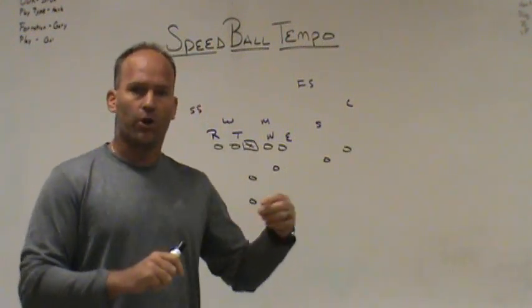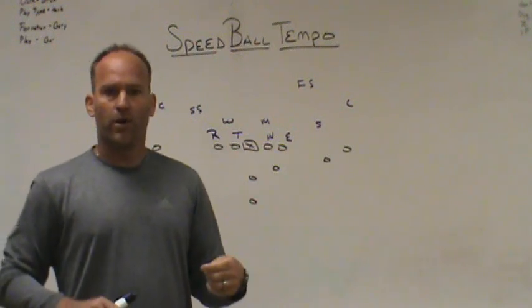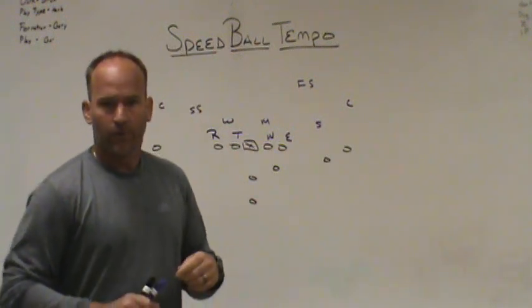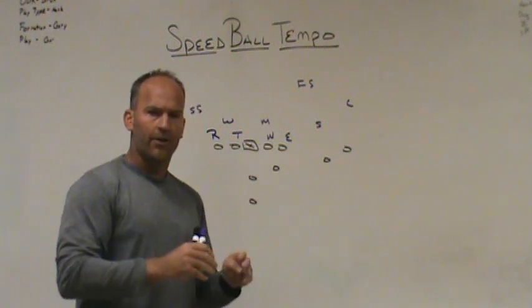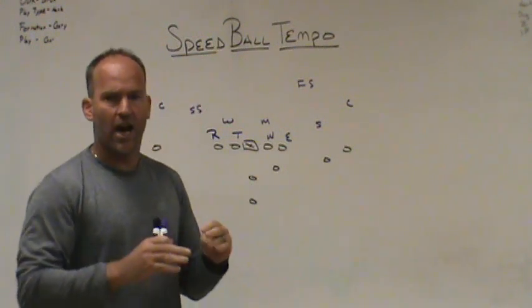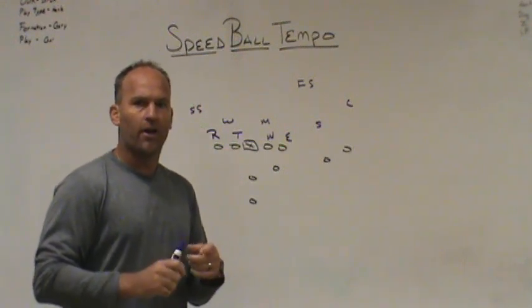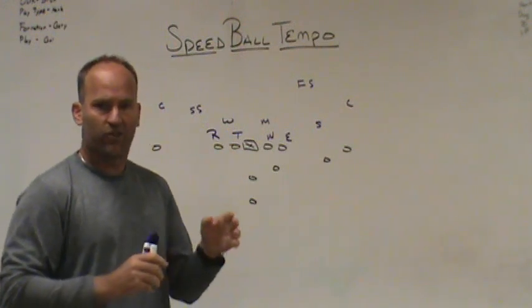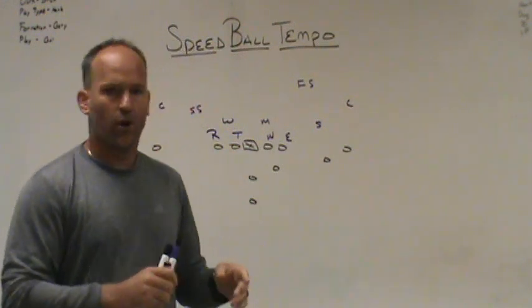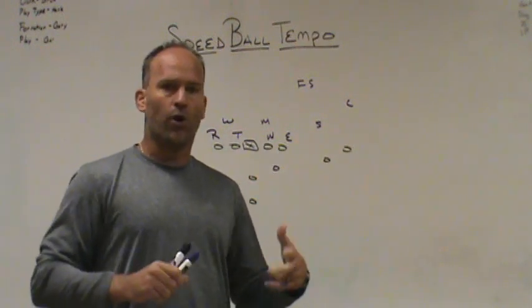Okay? You could run trap every play until you decide to kill it. You could run buck sweep every play until you decide to kill it. Okay? But the problem with that is, if that's the only play that you have called, and that's the only design you have, without having to check at the line of scrimmage, you're really not going to be able to use speedball or up-tempo, because if the other team lines up a certain way to stop that play, or the numbers aren't right in the box, or the angles aren't right to block that play, you don't have another answer to go to.